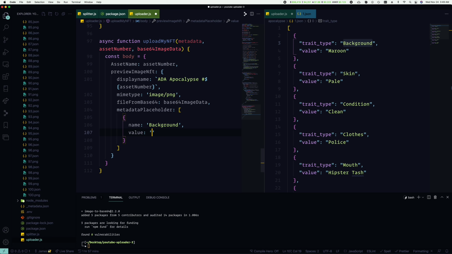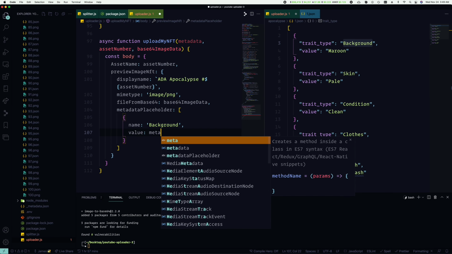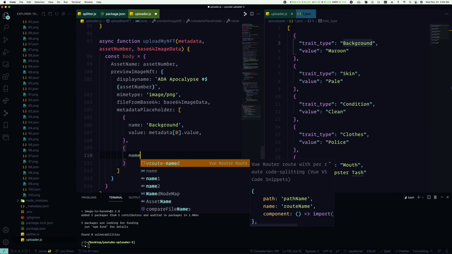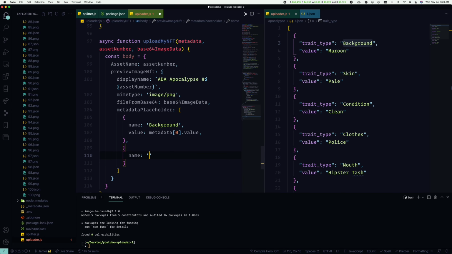Well, there's a lot of ways you can do this. We're going to do this the cool guy way. It's called the cool guy way. Metadata 0 dot value. Sweet. And I like just doing that. Name: skin, value,